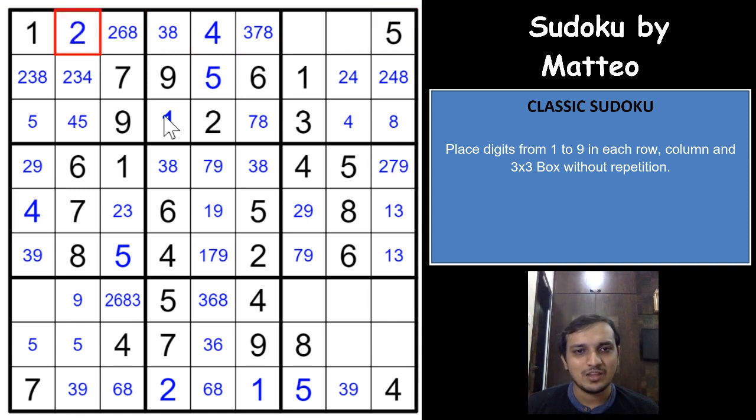Excellent. So this would have to be a 2, that means this would have to be a 6 and 8, and you get a 6, 8 pair in this column, which means 6, 8 can be eliminated from these cells, so it has to be 2, 3, so you get a 2, 3 pair here, and these two will eliminate 2 from this cell, so this would have to be 2, 4, and this would have to be 3, 4 and 3, 8, so 2 has to be in one of these two cells now. Excellent.